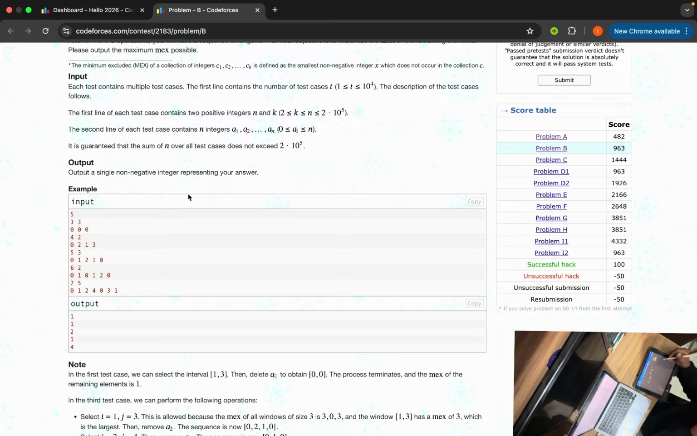No, I can't. I have to see the L and R. One, two, three, four, 5. I'm selecting this one, removing any, that means 4. Removing 4. Then I'm selecting again this one, removing 3. Actually, take this one, remove 0. Then take